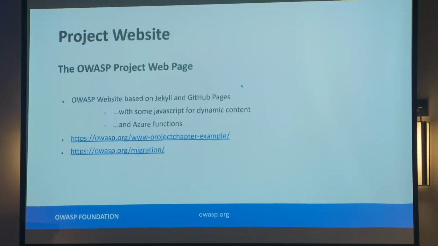All right. The OWASP website itself is based on Jekyll and GitHub pages. We moved to the website January 2019, I believe it was, from the old wiki. And I don't know, most of you have probably seen the old wiki. Yes, thank you. That was my reaction too when I first looked at it. So now we're on at least what looks like a more modern website, I hope.